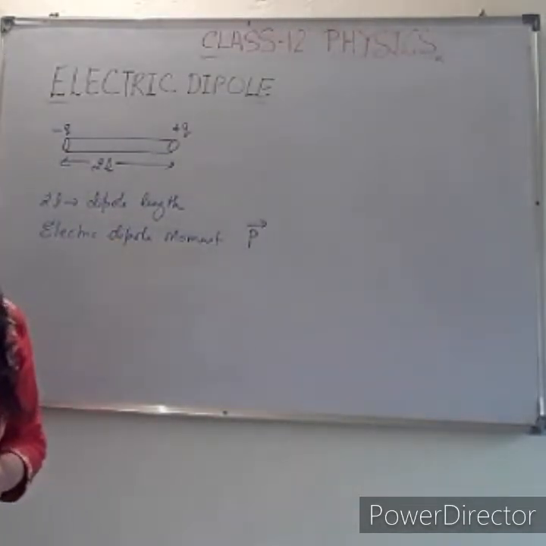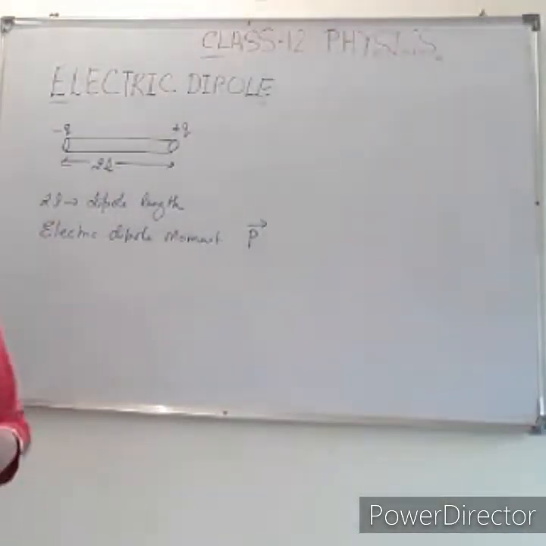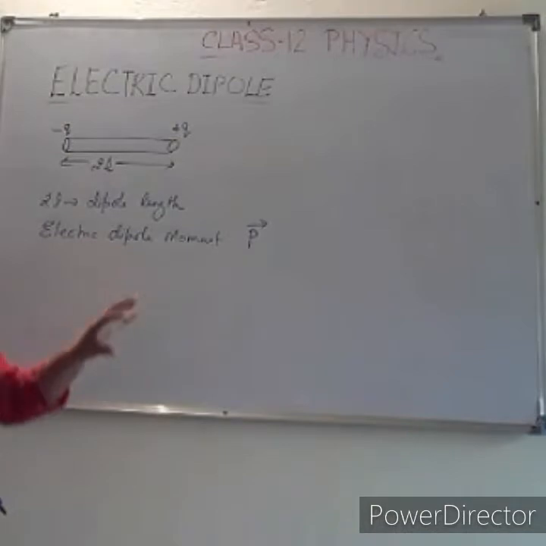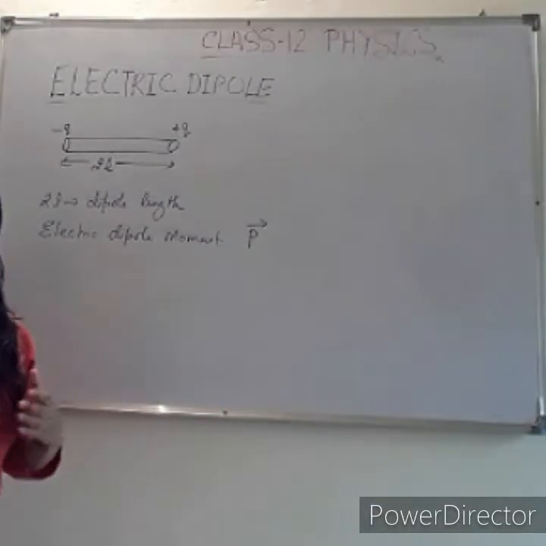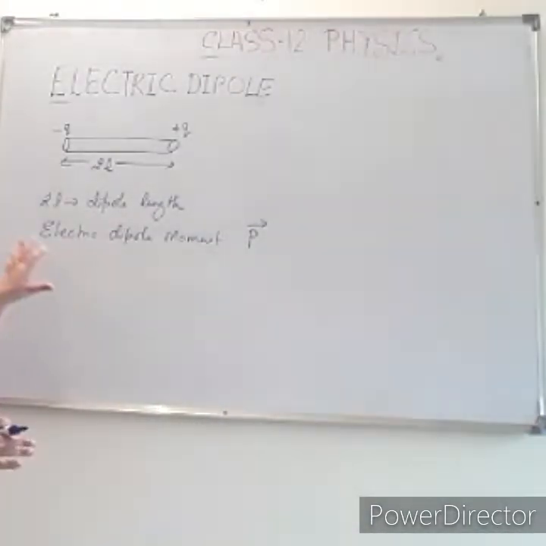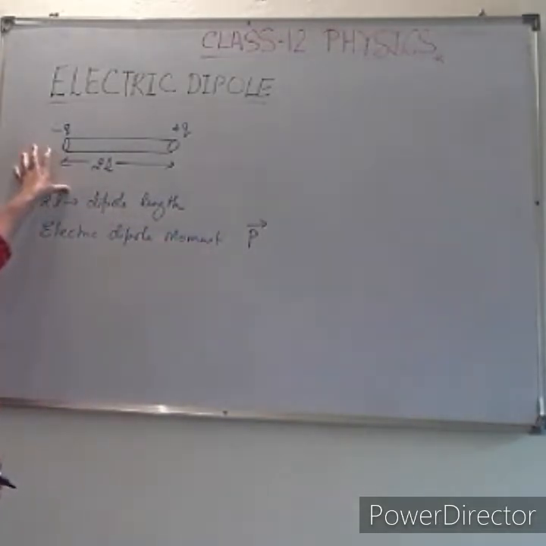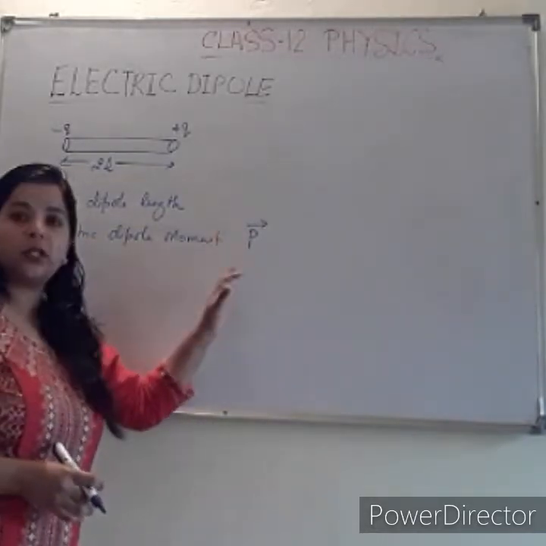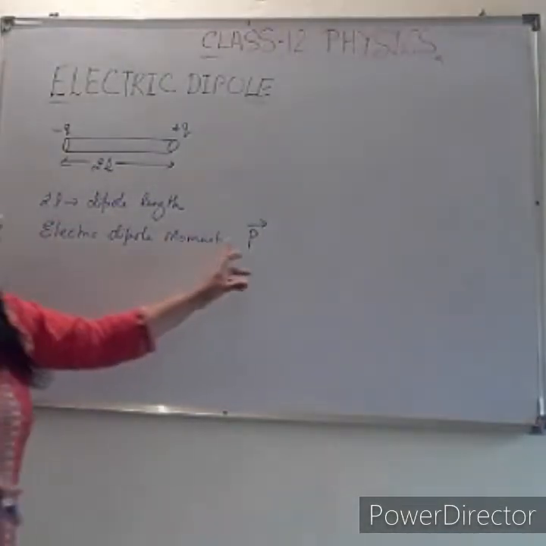As you read in class 11th, a system of charges means there is more than one charge, either 2 or 3 or 4 and so on. If we are taking a system of charges, then they may move in translatory motion as well as in rotatory motion. That is why we take the important terminology regarding this dipole, the electric dipole moment. This terminology is important for the dipole system, that means the system which has two equal and opposite charges. Electric dipole moment is represented by capital P.